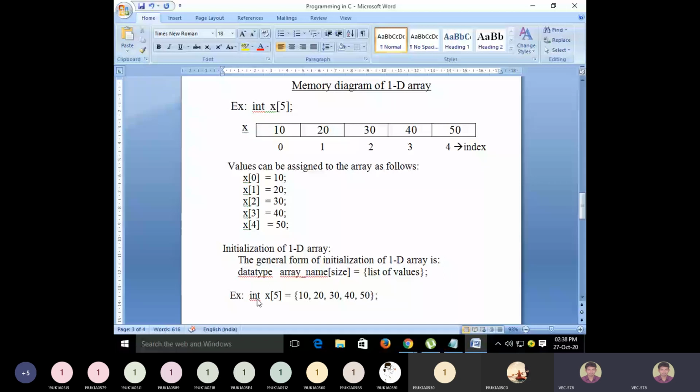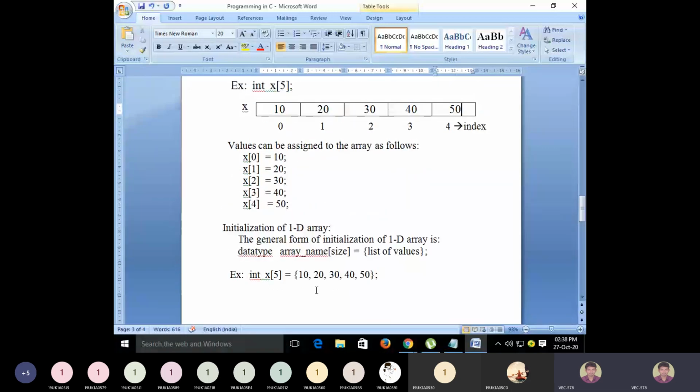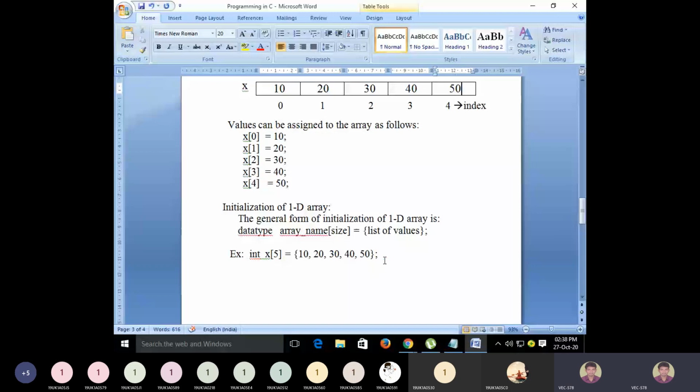So both the declaration of the array and the assignment of values can be done at one place, and this is called initialization of a one-dimensional array. When you initialize a one-dimensional array in this way, the memory for the array will be created and the elements will be stored in this form. Clear?